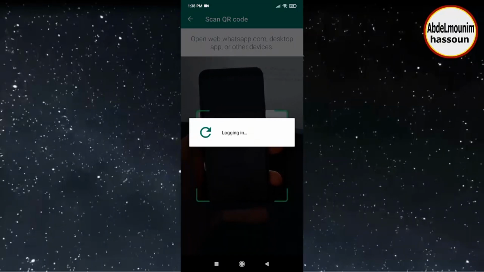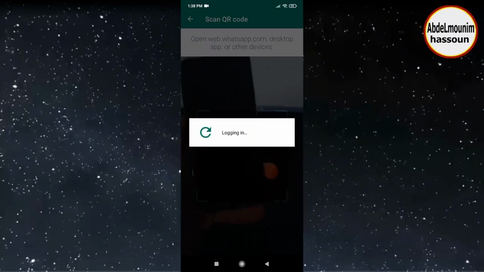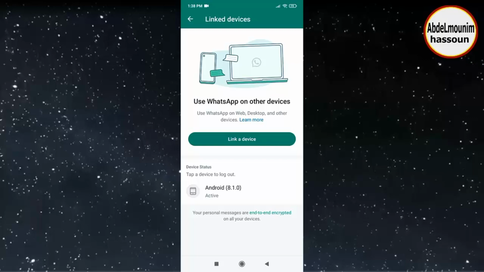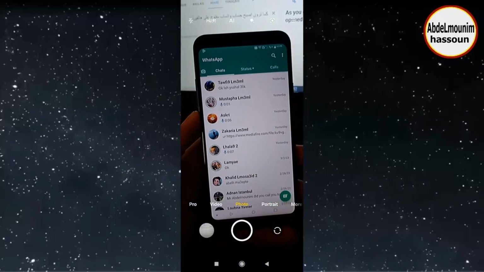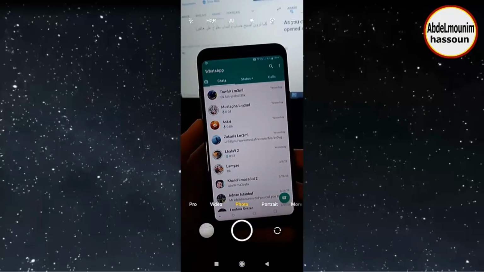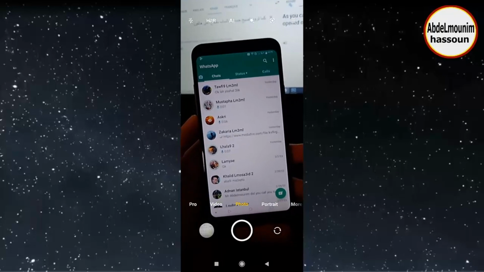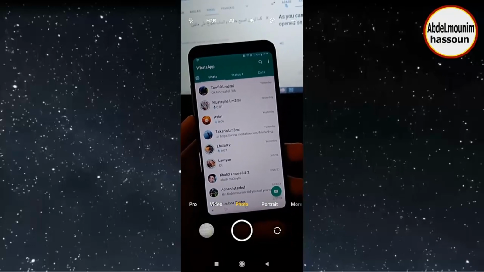Wait. Now it is linked. Go to the second WhatsApp. As you can see, the WhatsApp account has been opened on two phones. Phone number 2,